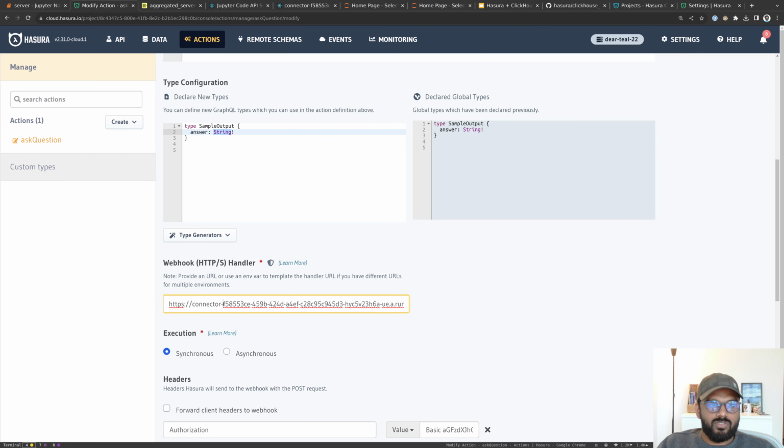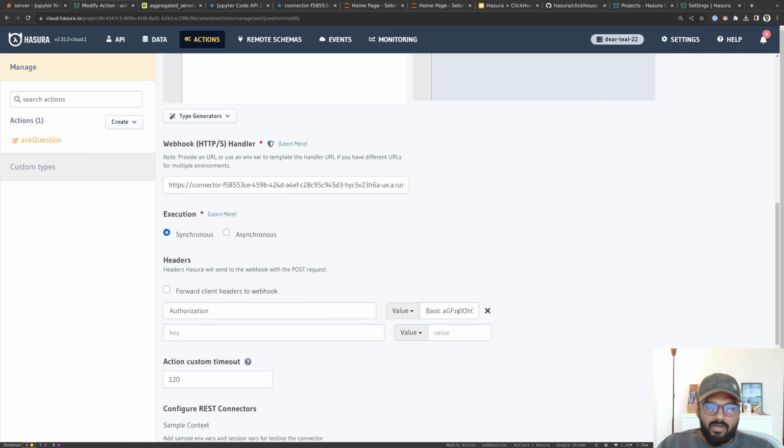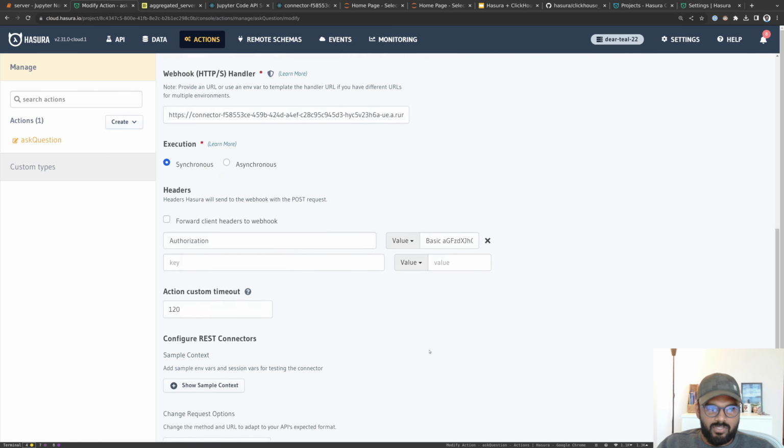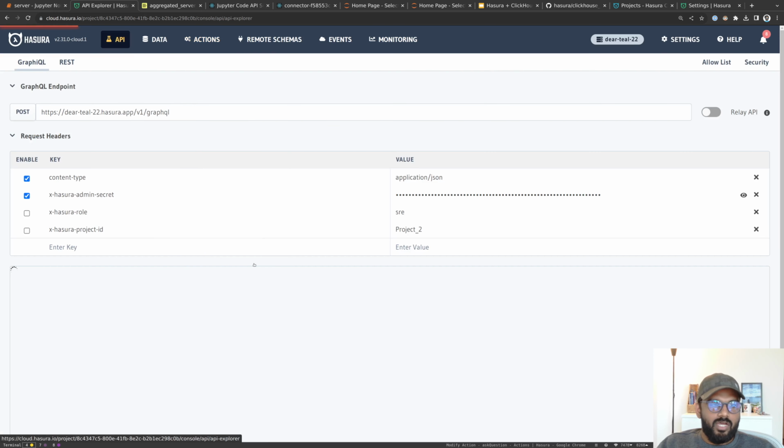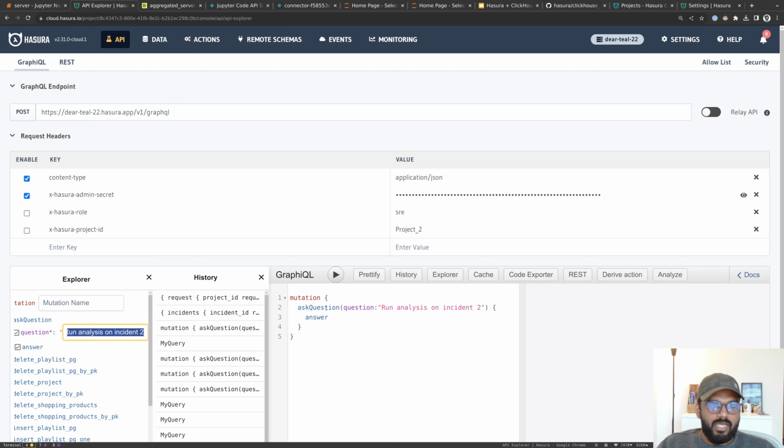And it's going to be linked to this endpoint, my API endpoint, which is handle query. And I'm going to add a basic authorization so that I don't get spammed by everybody else, and then I want to save it. So now I can come back here and I can run this mutation, which is going to send that request